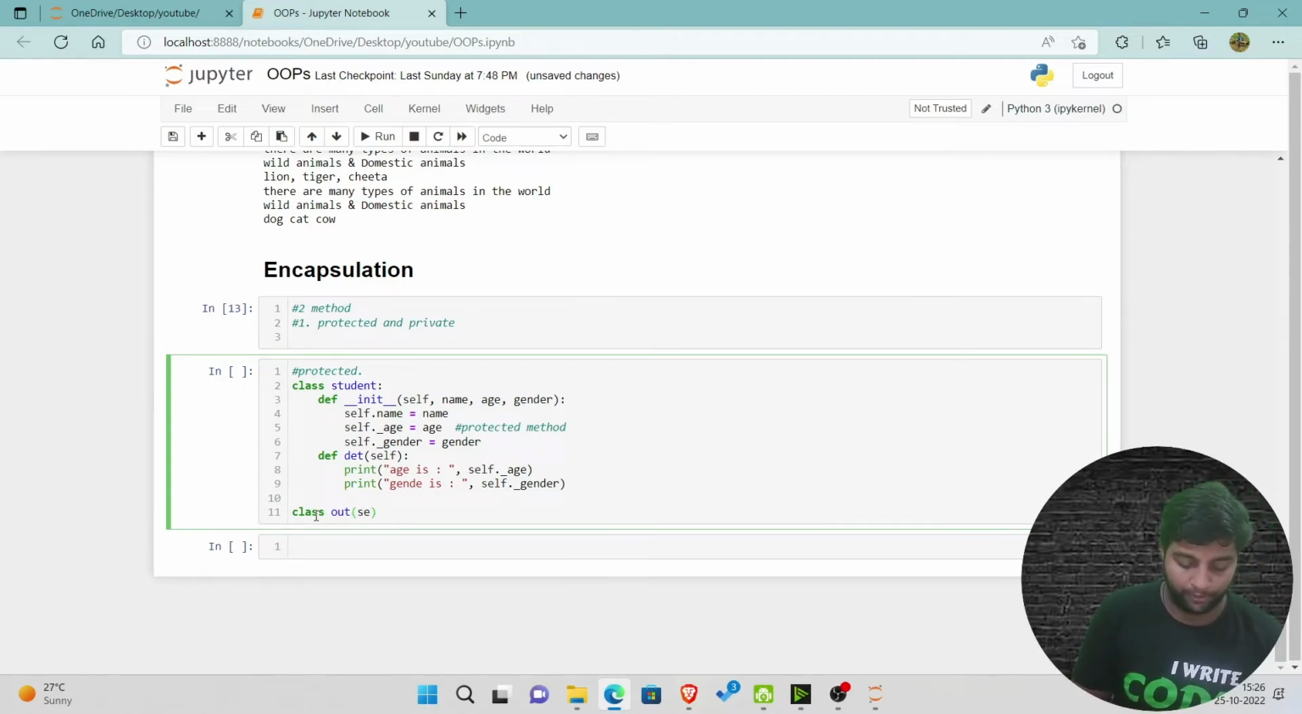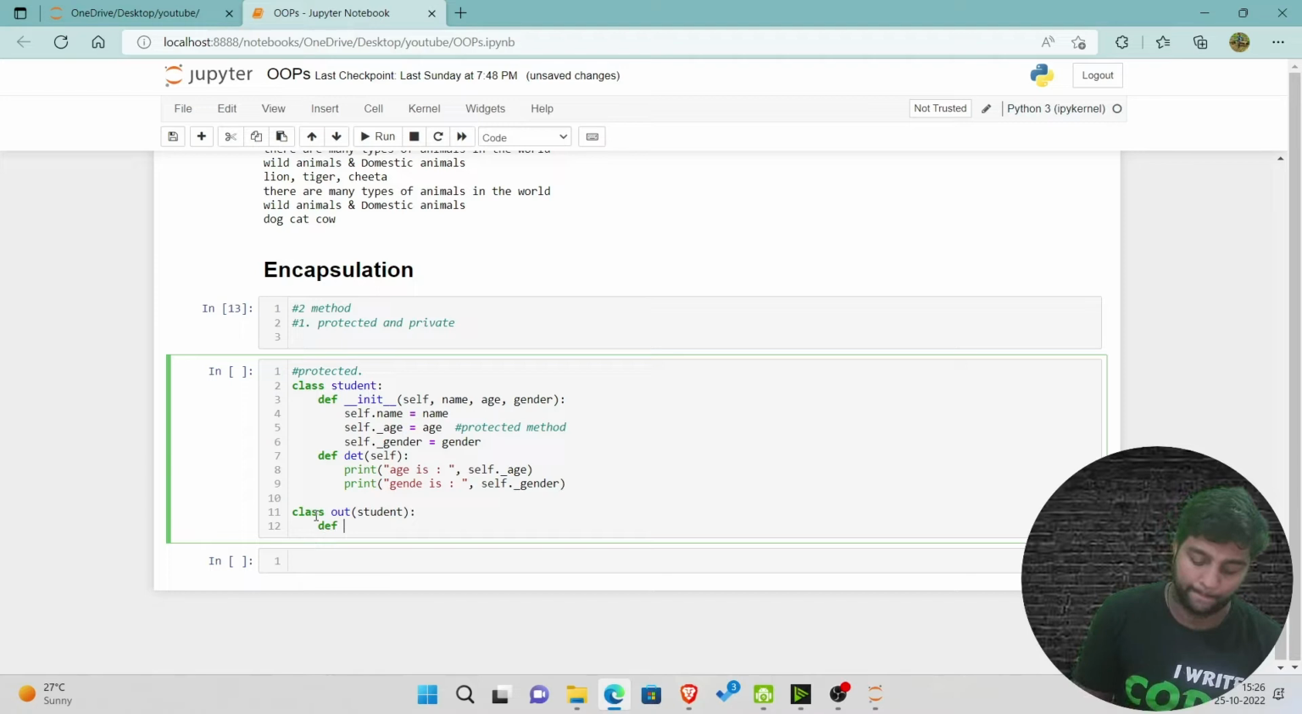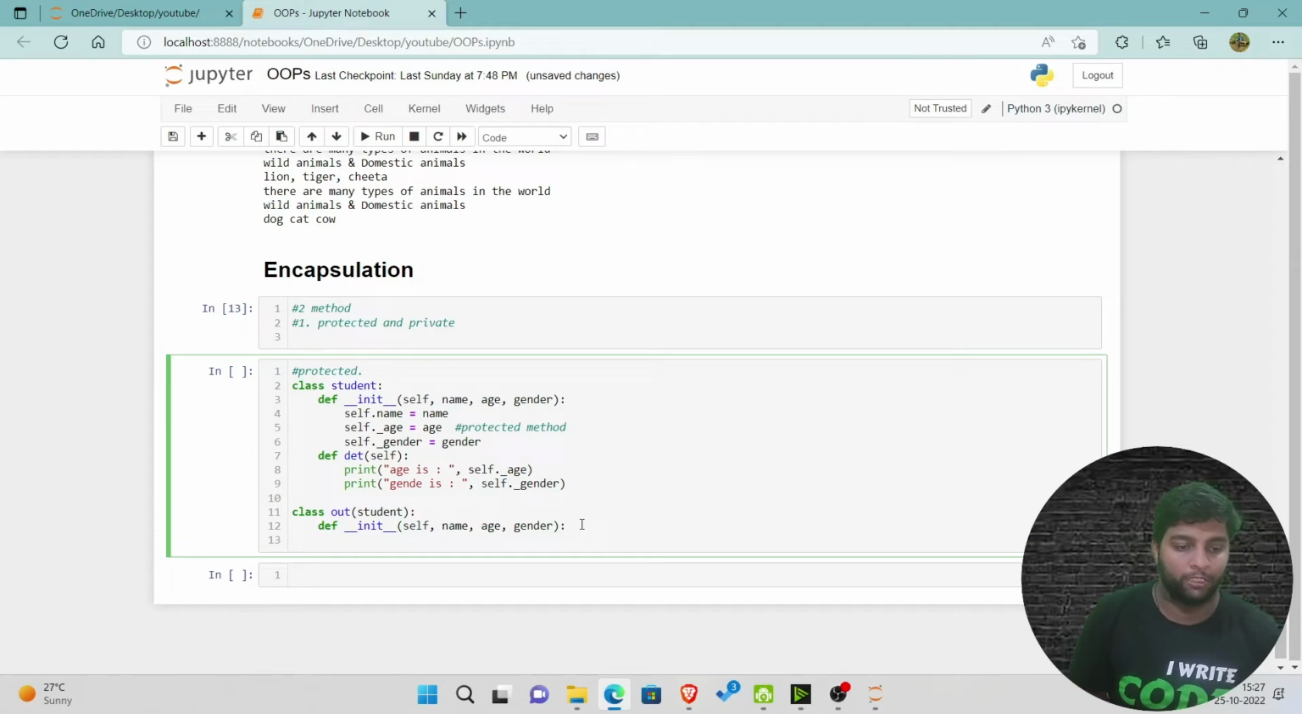We'll define the subclass as student, underscore init, and we'll open it out. Again we have to define all those: self, comma, let us just copy this and paste it out here. Name, comma, age, comma, gender. So this is done here, and we are just going to call